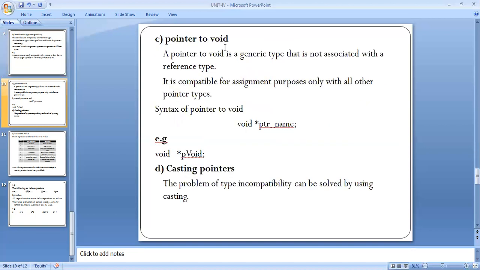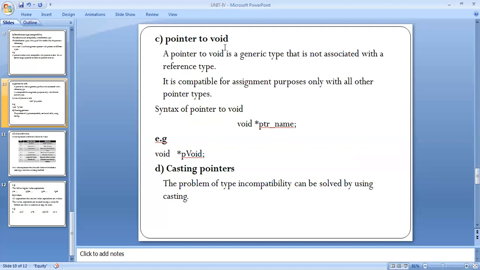Pointer to void. Void is used with the main function. It is a data type but not used for assigning variables. The pointer to void is a generic type that is not associated with a reference type.